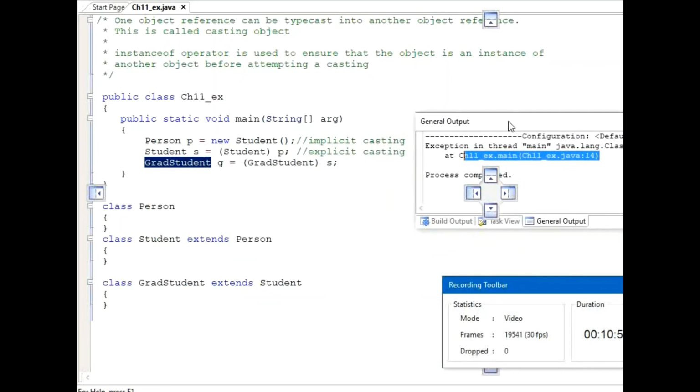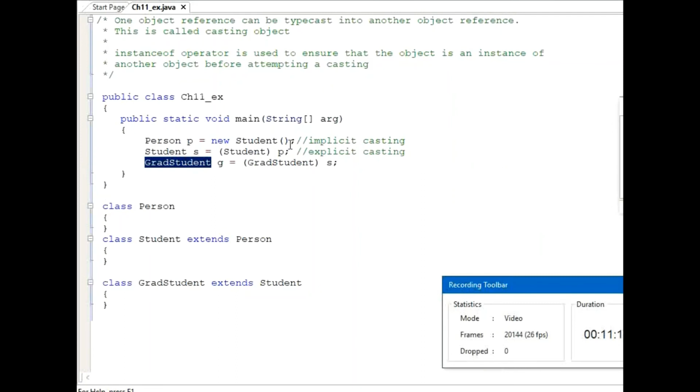So this is what I was telling you: if an object is not an instance of a class, it can't be cast to it. If it is not an instance, you cannot cast it. That's the problem here. Can you see in this example, this is a subtype and this is a supertype. A subtype object can be assigned to a supertype. That's fine. Even here, I convert to a subtype and assign it to the subtype. This is okay, no problem.